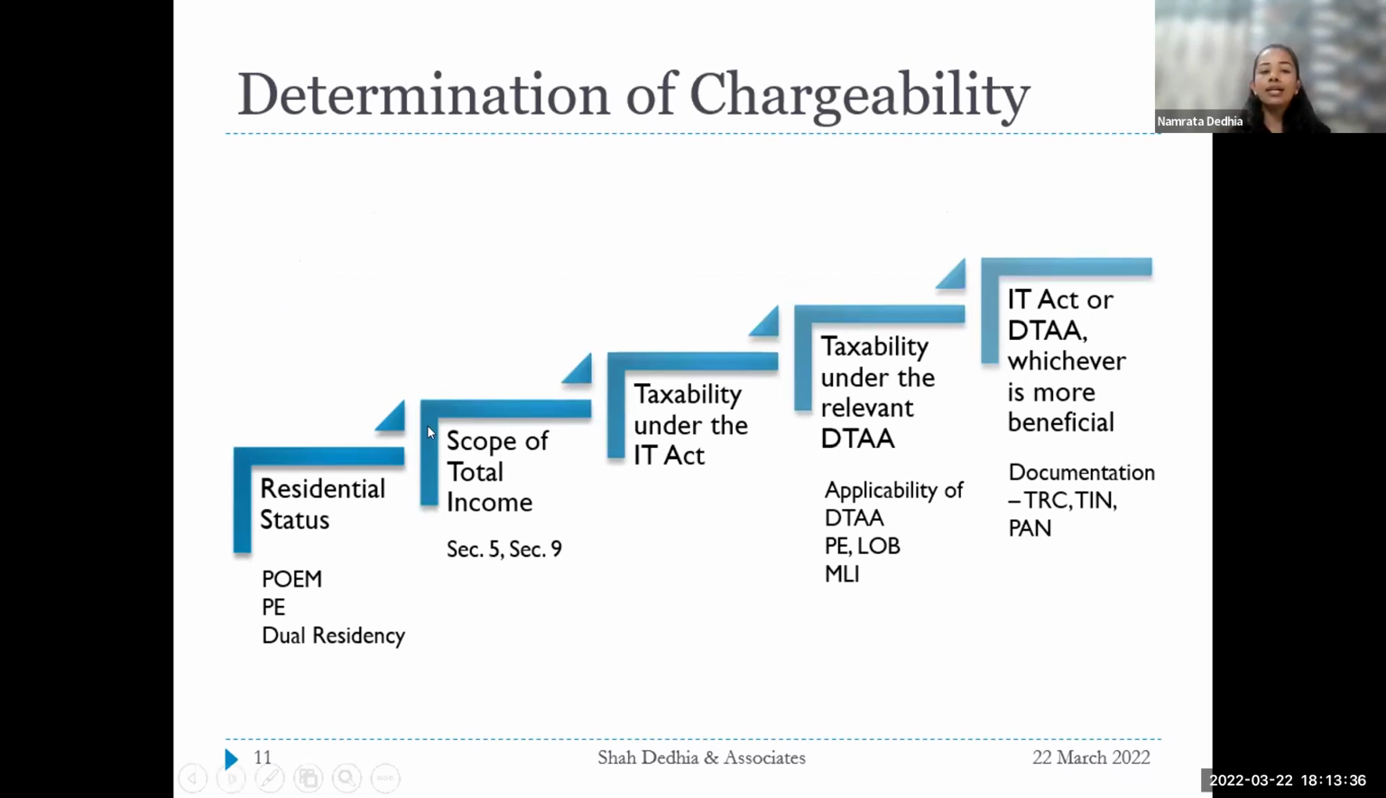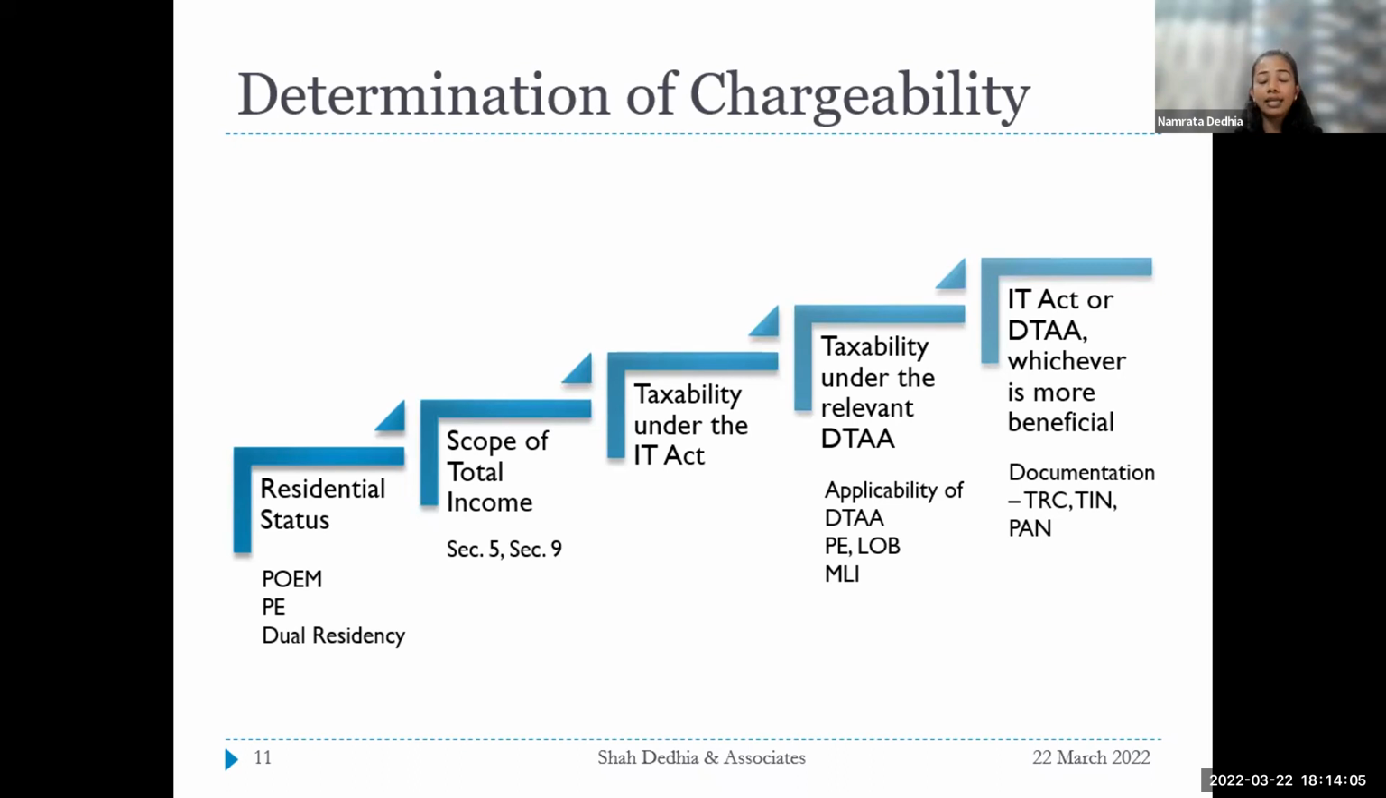You will look at the residential state first. When we are talking of companies, we also have to consider POEM, place of effective management. So it may be possible that it's a foreign company, but because of POEM, it becomes a resident in India. Then you are out of 195. It may be possible that the company is incorporated in country A, but because of POEM, it is a resident of country B. Then you will